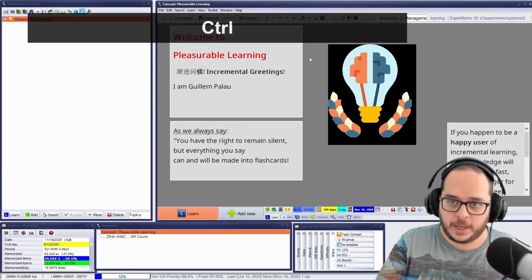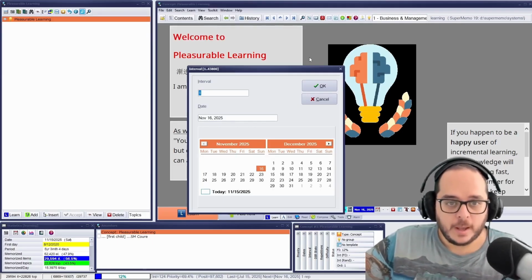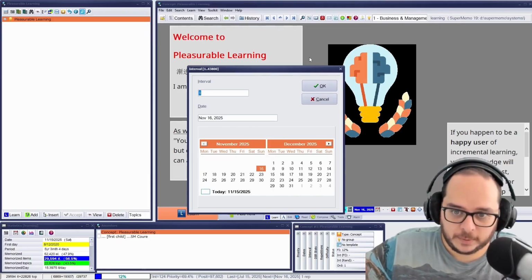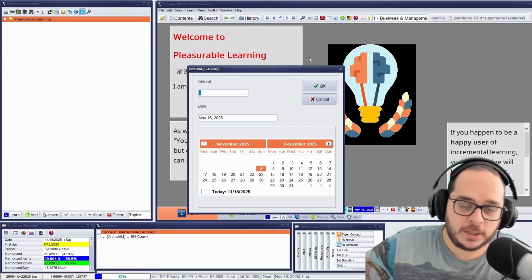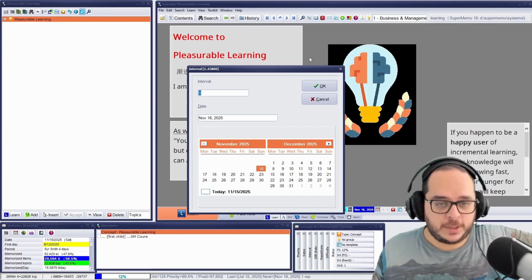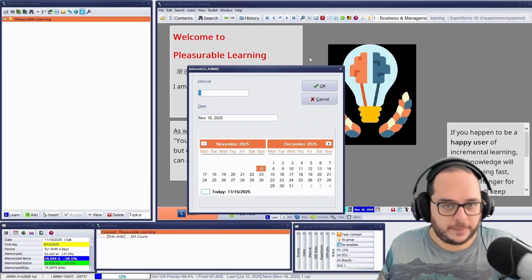For instance, Ctrl J, and this dialog appears. It lets you choose which interval you want to postpone to. Well, it's not a postpone, it's called reschedule, meaning that whatever was the outstanding date set by the algorithm, I will put something else.